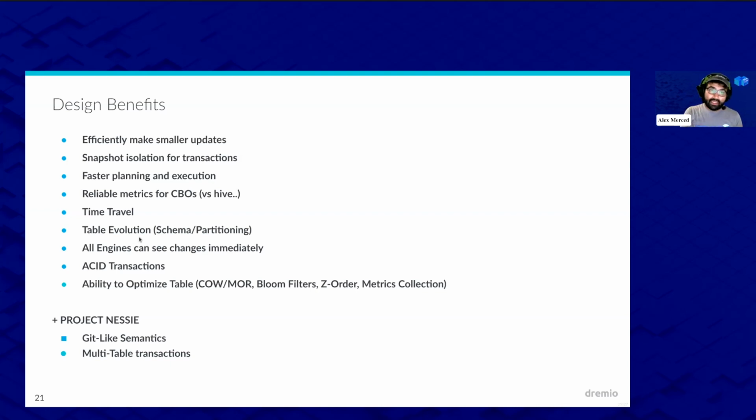Table evolution. You can update the schema. Generally, with all table formats, you can update the schema: add a column, rename a column, change the column's type. What makes Iceberg extra special though is that it's the only one where you can update the partitioning without having to rewrite the table. So you could go from partitioning based on year and then say, you know what,